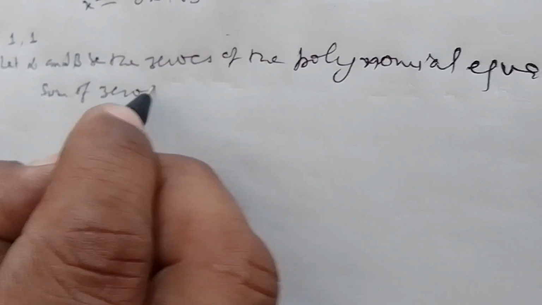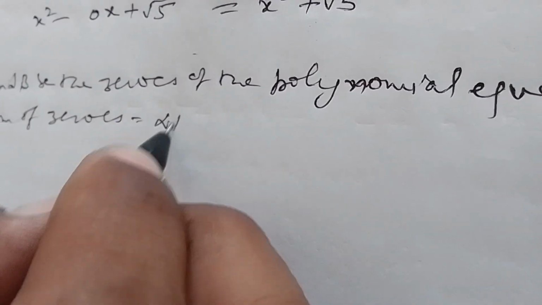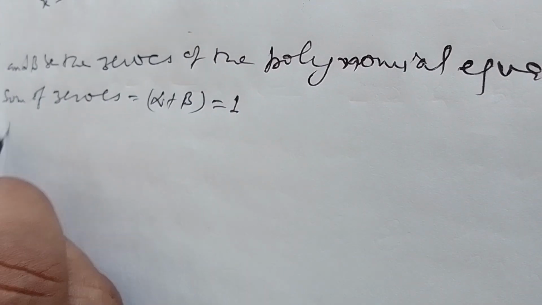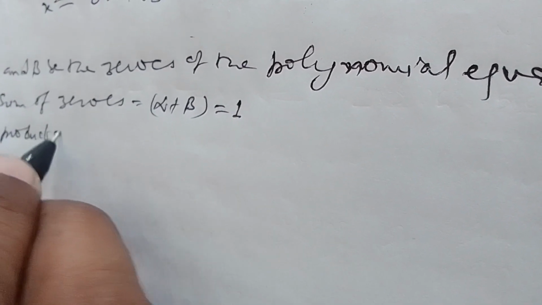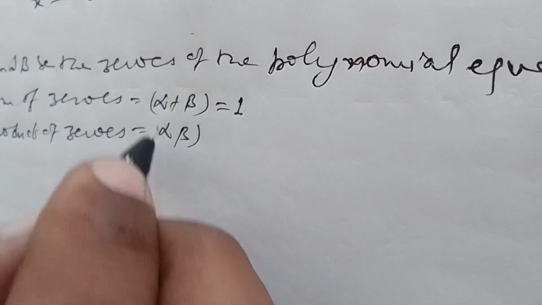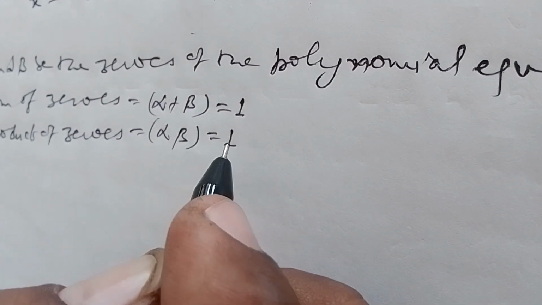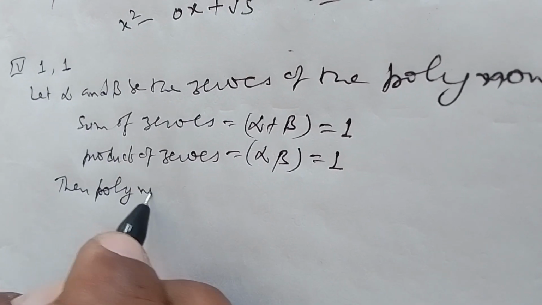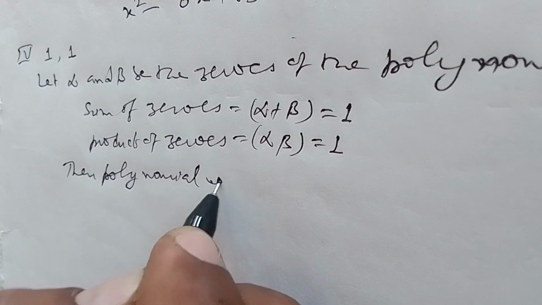Then the sum of zeros, alpha plus beta, comes out to be 1. The product of zeros, alpha beta, is equal to 1. Then the polynomial will be